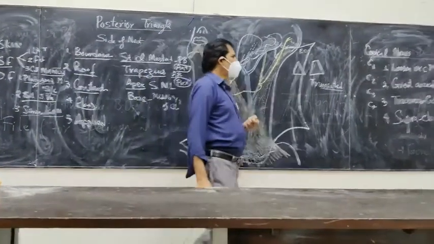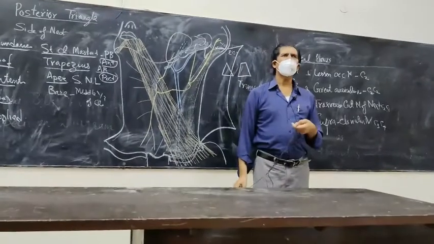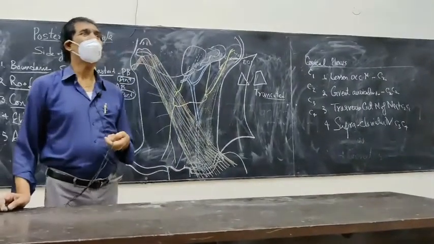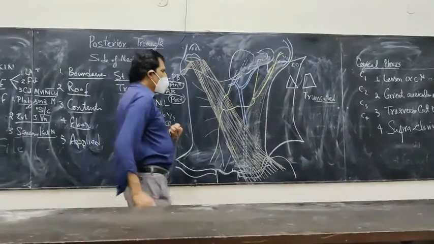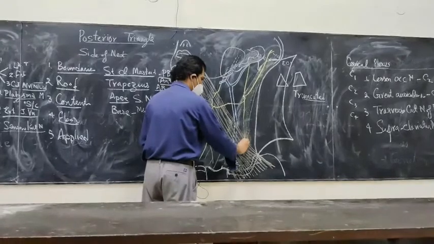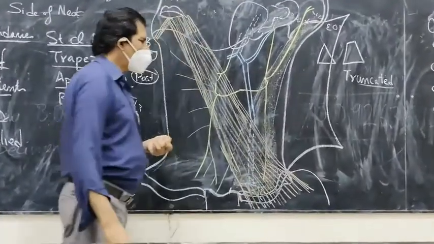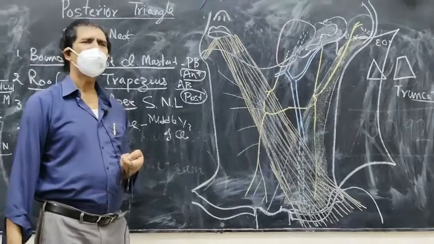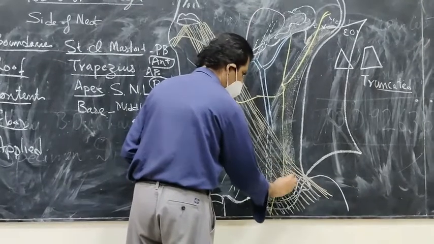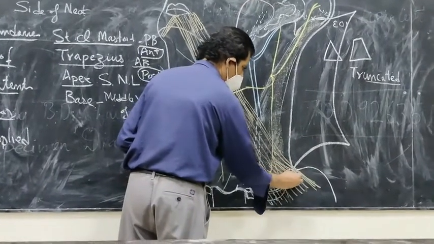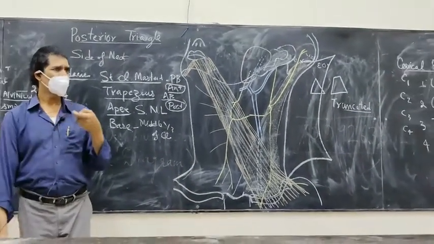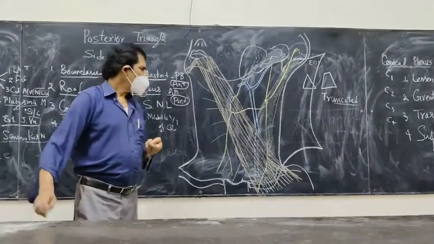The last nerve is called the supraclavicular nerve. As the name suggests, supraclavicular means this nerve will go above the clavicle. So it is a descending branch and it goes downward, and in the lower part it divides into three branches: a medial, an intermediate, and a lateral branch. Three branches divided: supraclavicular with root value C3 and C4, and it will supply the